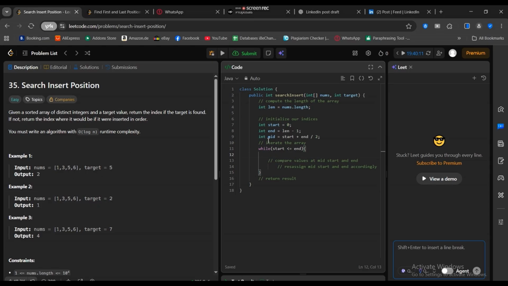We want to compute the start is 0, the end is len minus 1, which is 4, 0, 1, 2, 3, sorry, 3. And then the mid will be 2, no, mid will be 1. Either way, if we have 5 here, which will be 4 divided by 2, which will be 3, then it will be correct. Yes, so the mid will be start plus end, which is 0 plus